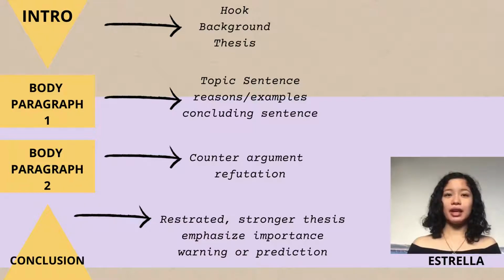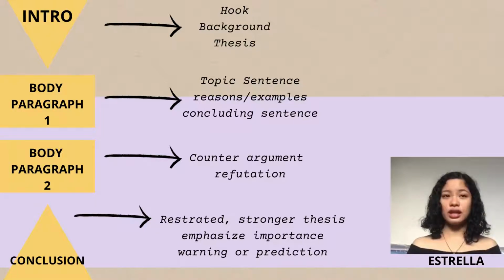You include a paragraph that shows the opposite side's point of view, and you give an example of why they think that way to show the reader that you understand the other side, but you are going to refute that opinion of the other side with refutation,